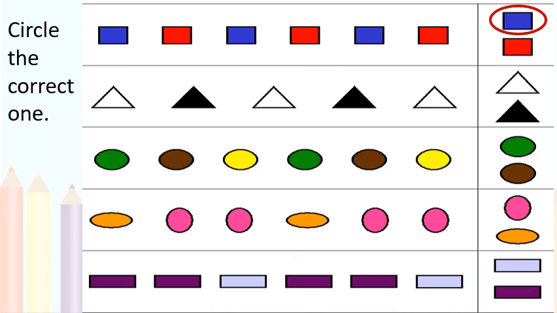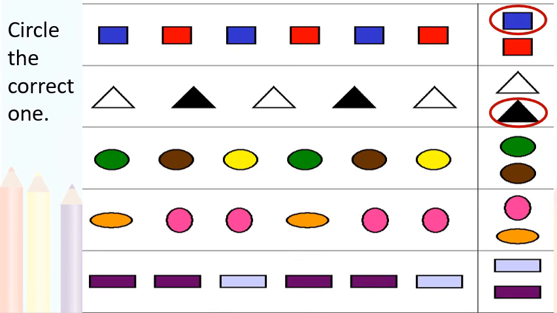In the second one also triangles are there. One empty, one black colored, and one white you can say. And again the second one is black colored. AB, AB. So the last one is white colored. So our answer should be black colored.